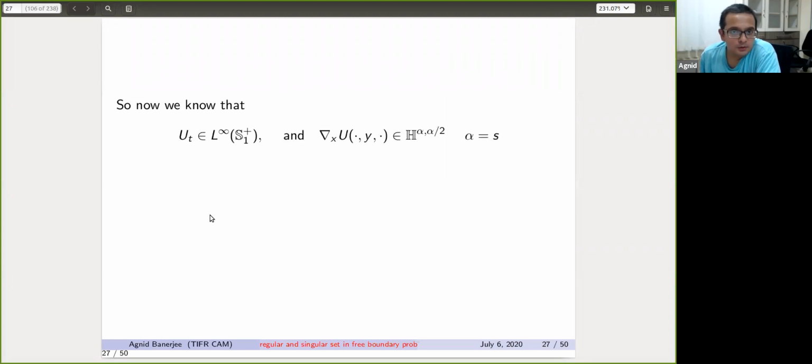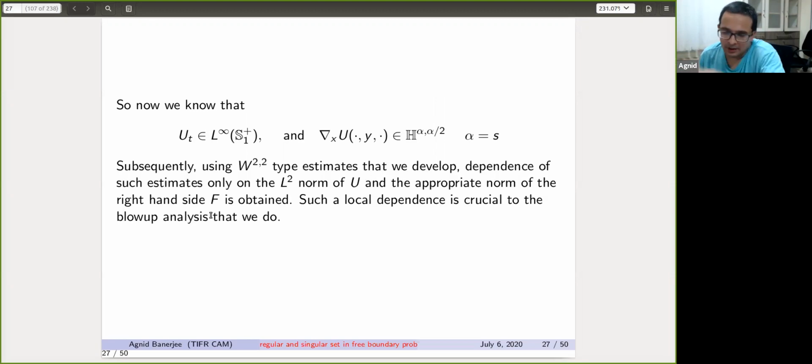Now, the kind of regularity that we have is a certain optimal regularity, but that depends on the right-hand side, which is this F, and which depends on the L infinity norm of U_t. But then again, by Moser estimates, the L infinity norm of U_t will depend on the L2 norm of U_t plus the obstacle, right? Well, the obstacle is now anyway buried inside the right-hand side.